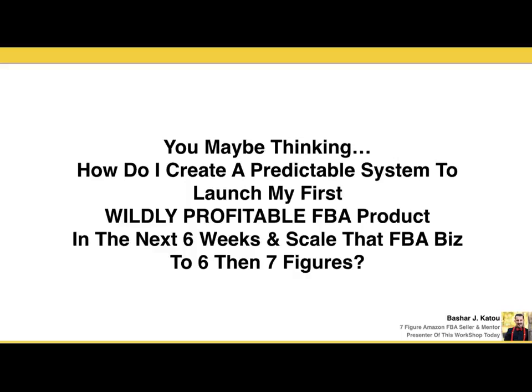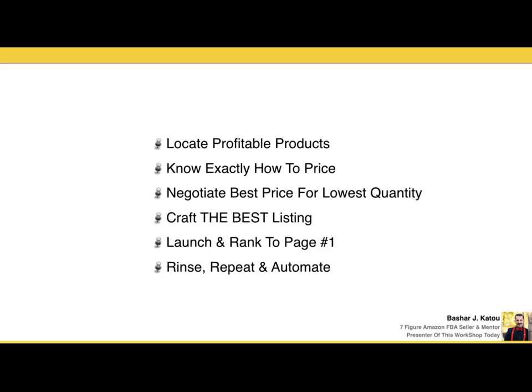If you have the exact system to locate these products, then you should be able to launch and you should be able to find your first profitable product in the next 6 weeks, then literally scale that business to 6, then 7 figures, because that's exactly what I do, right? That's exactly how our students operate, right? They're able to locate their first profitable product in 6 weeks, then launch and scale that business to 6, then 7 figures, right? Because simply they can locate profitable products, know exactly how to price it, negotiate the best price for lowest quantity,